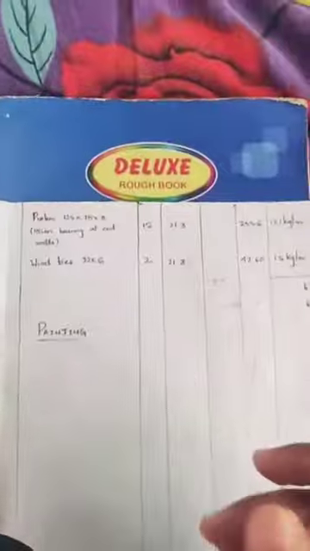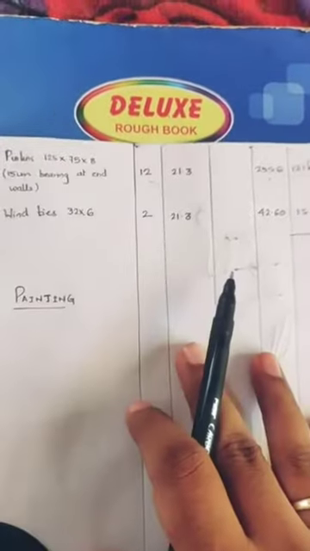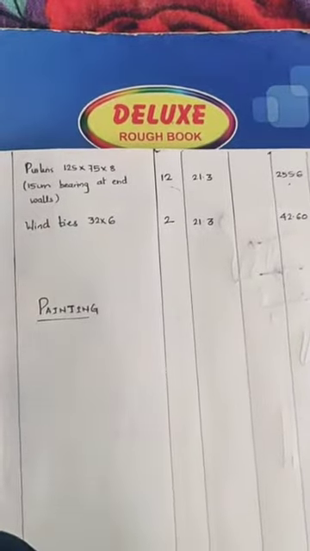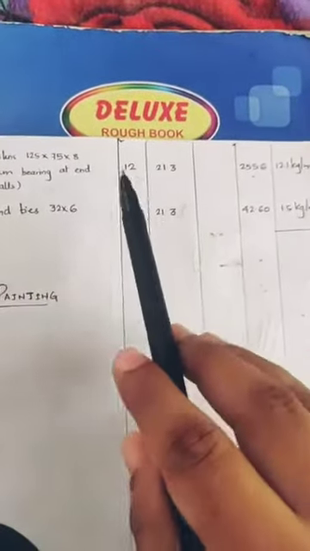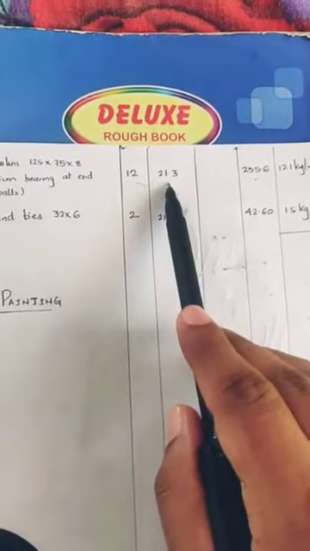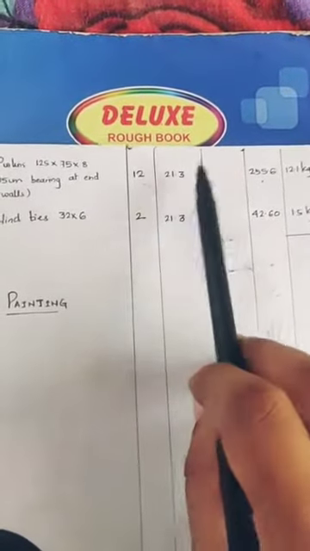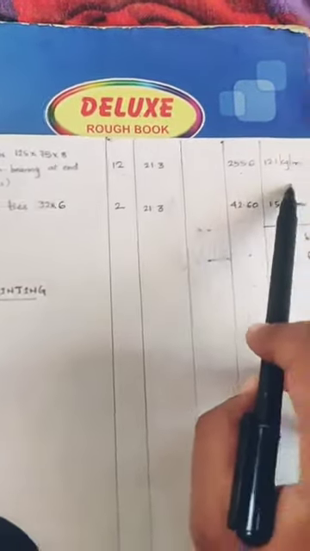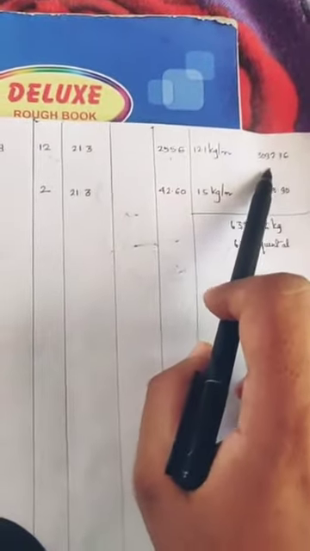Then purlins, as I said, are running over the full length of the plan. So assuming 15 centimeter bearing on both sides. So there are 12 numbers of purlins. Length, as I said, clear span is 21 meter. 0.15 bearing on one side, 0.15 bearing on the other side. So you get 21.3. Multiply, you will get total weight of the purlins.